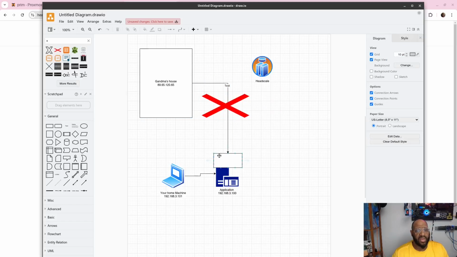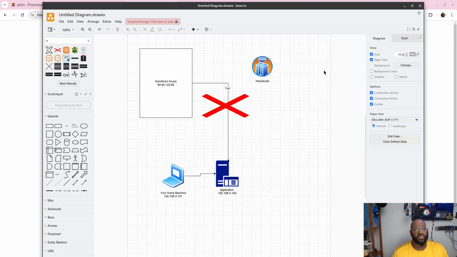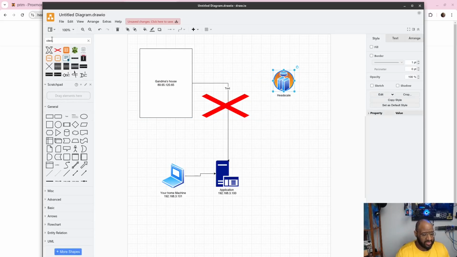And the reason why is because it has to go through your firewall, and the firewall doesn't allow anything. We didn't make an entry on that. We don't want to make an entry on it. So what we do is, if you have a computer at grandma's house,